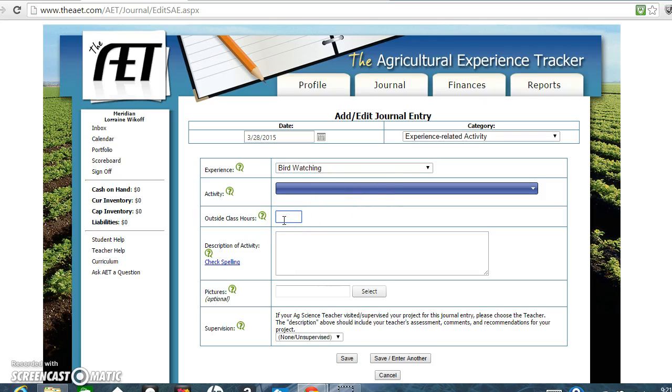Time outside of class, I spent 2 hours. Now, description of the activity. This is where you need to put in the details that are going to justify this 2 hours. Okay, so you are going to be as specific as possible and explain to me what you did during this time. So just for the sake of time, I'm going to say I went bird watching with my grandpa